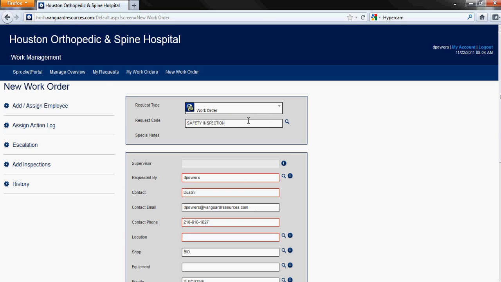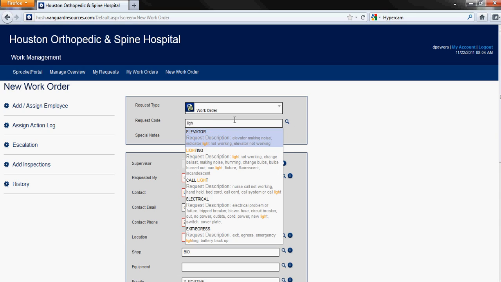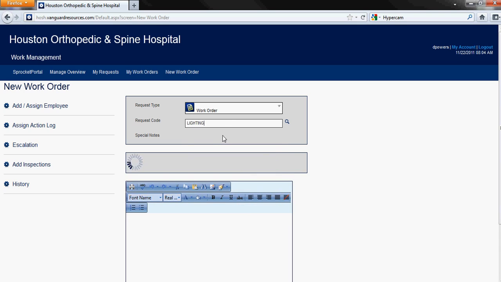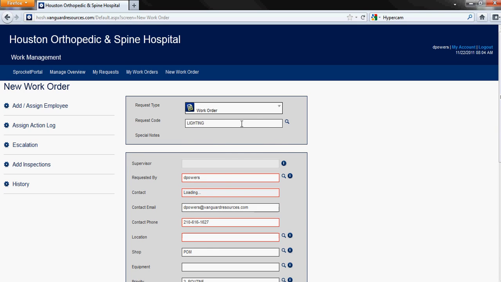Request code, there's several different request codes. If you know what type of request you're going to be putting in, you can start typing it, like maybe it's a lighting inspection or a lighting issue. You start typing light. These are every work order that we have put in, every work code that starts with light. So you can select the general lighting, or if you don't know what code you're trying to put in,